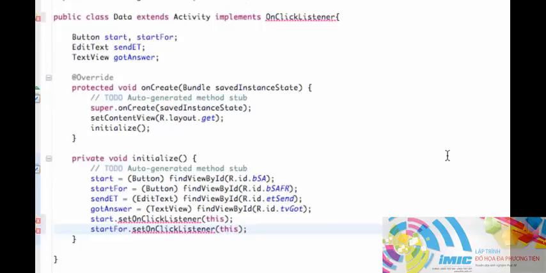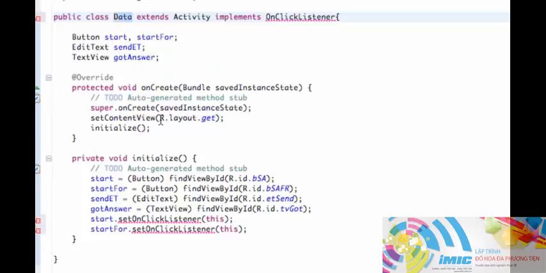What we're going to do in this tutorial is I'm going to tell you about the OnCheckedChange method, but first I wanted to make sure you guys got everything set up, because I forgot that you guys probably want your variables the same as mine. So here's my data class. Set up two buttons for the start activity and then start for result,